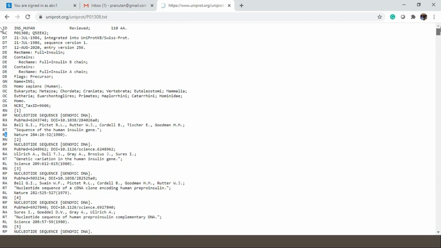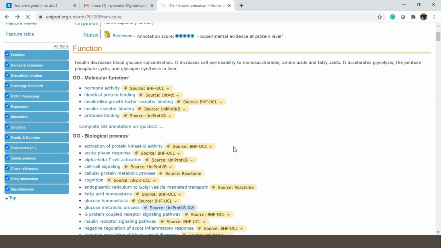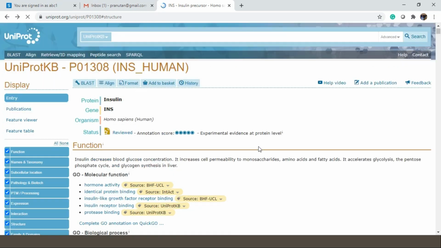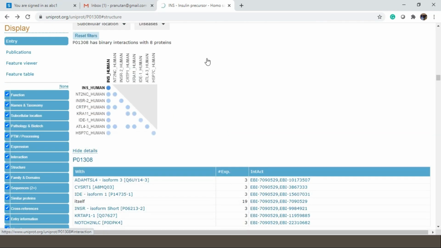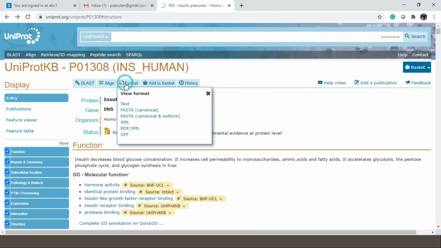For any kind of analysis, if you want to see the FASTA sequence, because whatever information you are getting is in the most annotated, detailed form, but if you are interested only in the sequence, you can simply click over the format and click over the FASTA. Then you will get only the sequence of this particular protein. So that's how you can go for keyword based searching from the UniProt database.